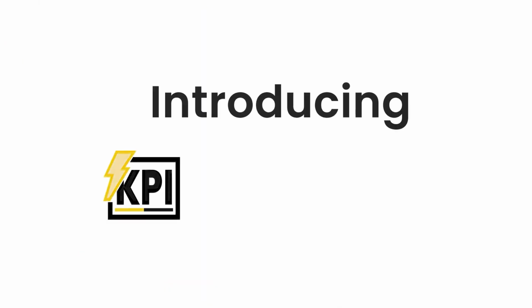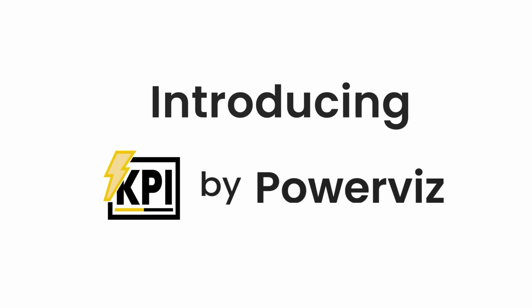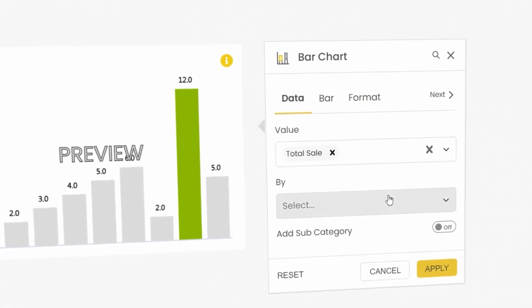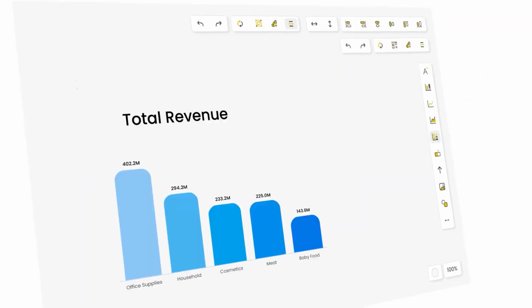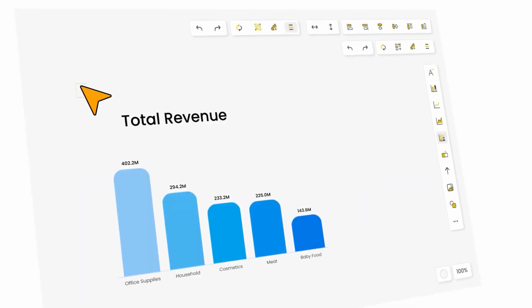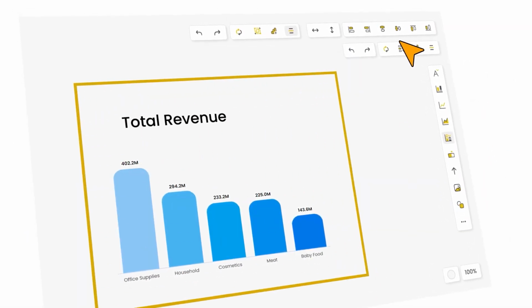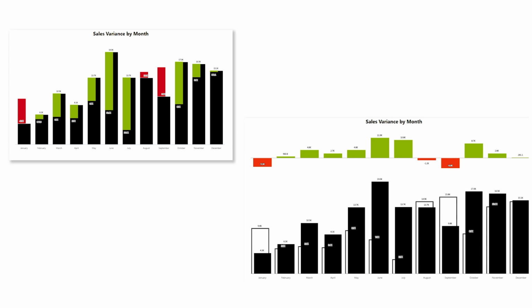Have you ever wondered how to elevate your Power BI reports with professional IBCS compliant charts? In today's tutorial, I'll guide you step by step on how to use the Powerviz KPI visual to create stunning IBCS style charts that make your data truly stand out. I'm going to show you two different IBCS style charts that you can create in the KPI visual. I'm also going to show you the measures that you can simply drag and drop to bring your IBCS chart